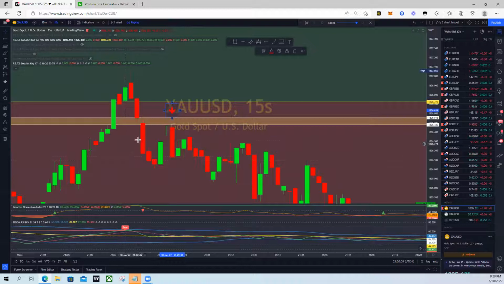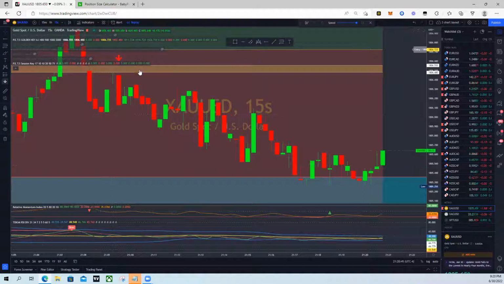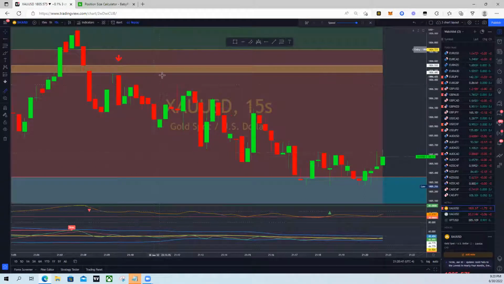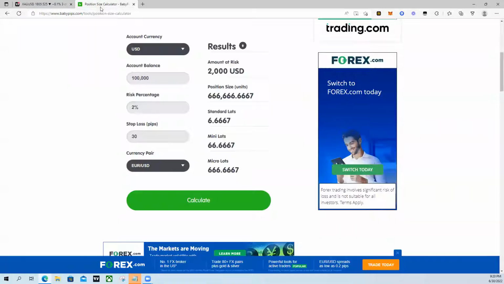Stop loss again, previous high, 6 pips. A 6 pip stop loss. If you're selling from the zone, below the zone, you caught 12 pips. That's a 1-to-2 ratio on gold, 12 pips. So if you do a 6 pip stop loss